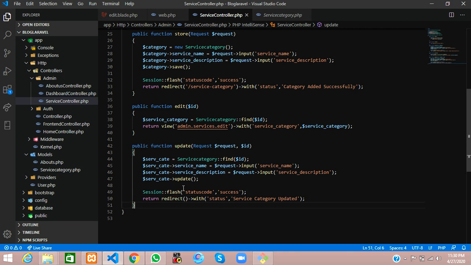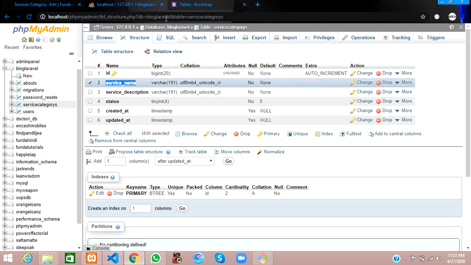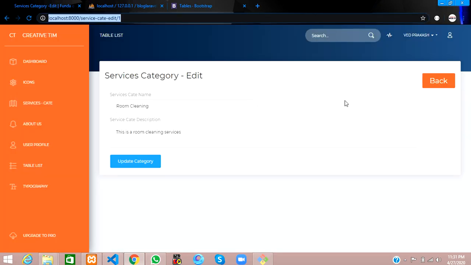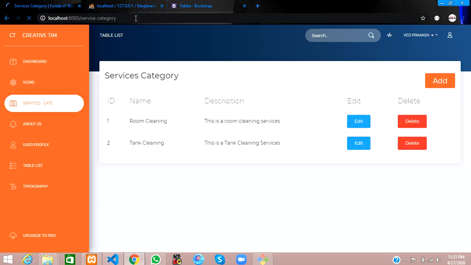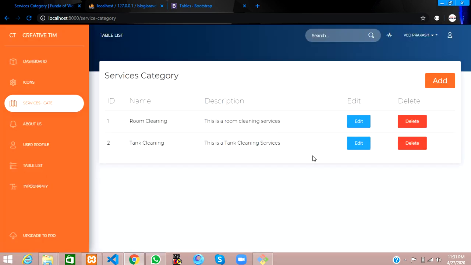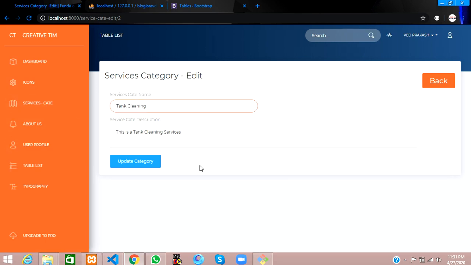And yes guys, let us test this once again. Let's get back. As we are on a fresh page, let me reload once again, and now let's edit the second part. From tank cleaning we will change it to pest control.